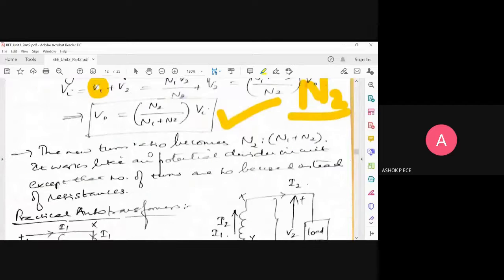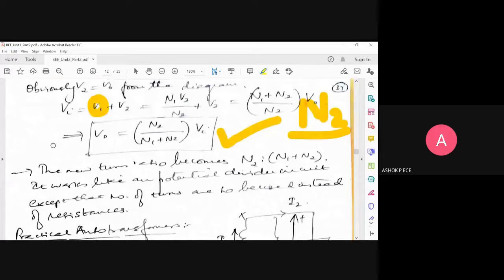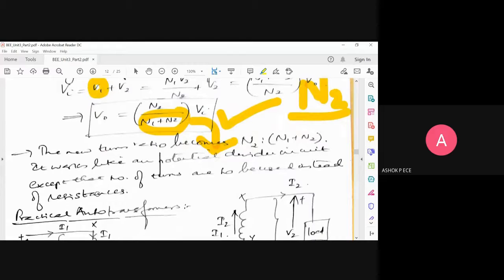specific turns ratio. So remember, for a normal transformer, N2 by N1 is the turns ratio. For an auto transformer, N2 by N1 plus N2 is the turns ratio. This N1 plus N2 is coming because of this potential divider effect, because an auto transformer just works like a potential divider circuit. So instead of resistance, we'll be using the number of turns. So the conventional voltage division formula we can apply. Only thing, instead of opposite resistance and that resistance, I'll be using opposite turns and that turns. If you measure voltage across the secondary, you consider that secondary turns divided by the total number of turns, the opposite being the primary number of turns.